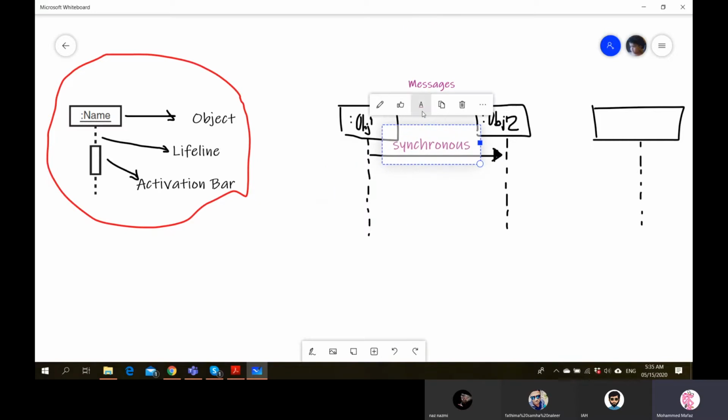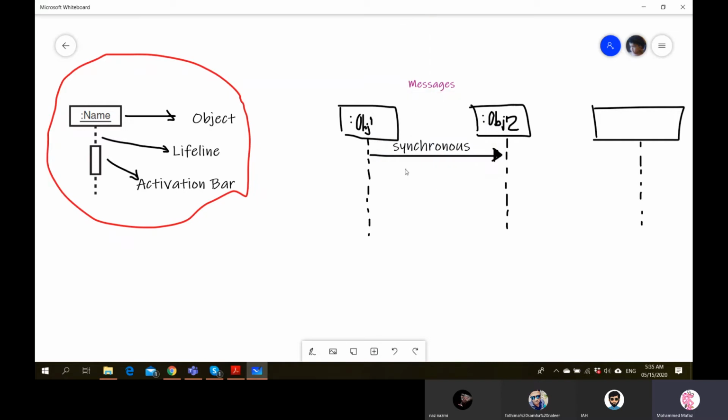Right. Let me change the color of it. It's called synchronous message.